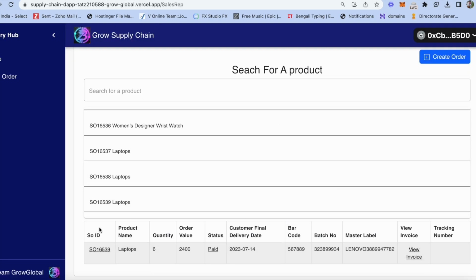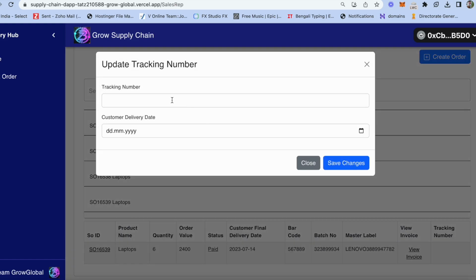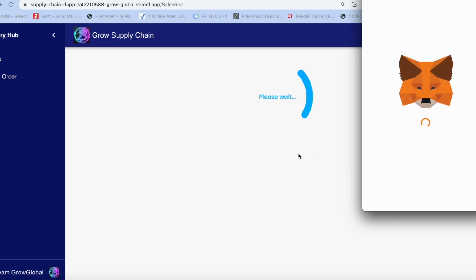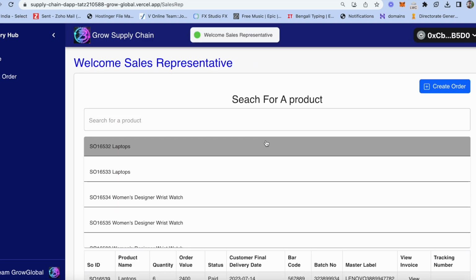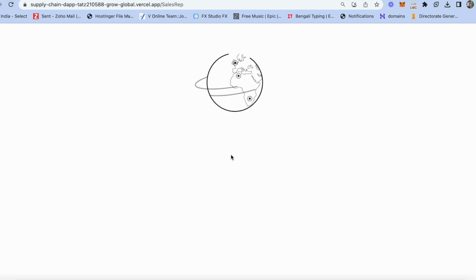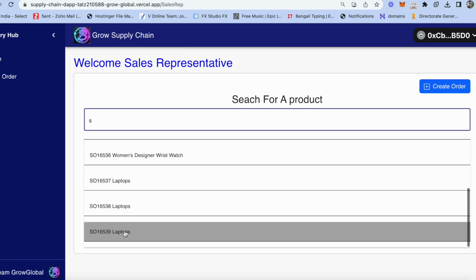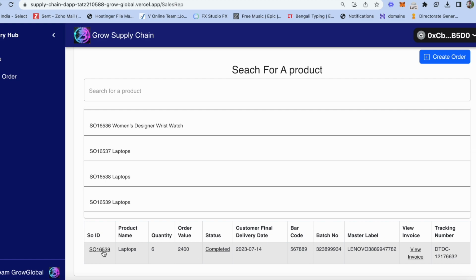So now my last thing that I need to do as a sales rep is to update the tracking number, which is mostly like a courier number. Just for this demo, we will put a tentative date that is given by, for example, the courier company. Save the changes, again writing the same to the blockchain. Woohoo, we are done. So what we did in the whole journey can now be seen end to end. If we open this order, we can see that the whole journey is now completed